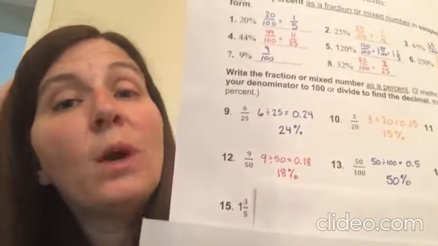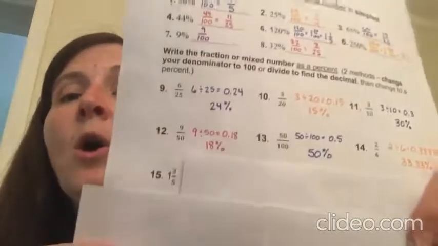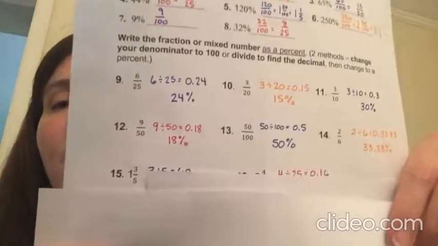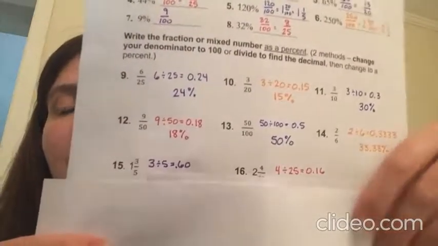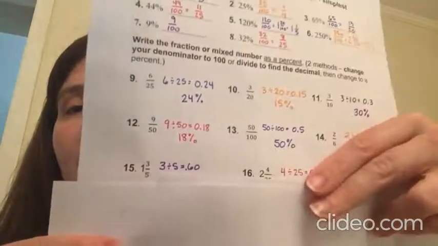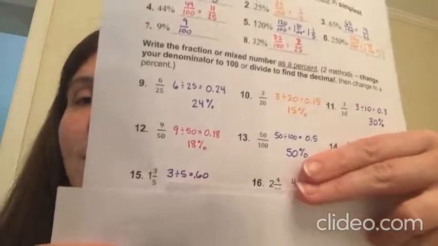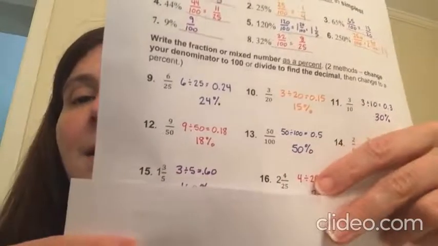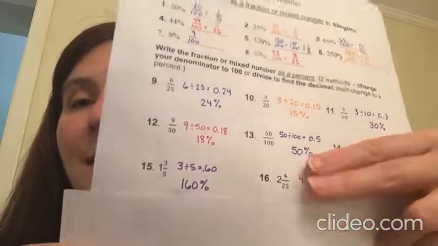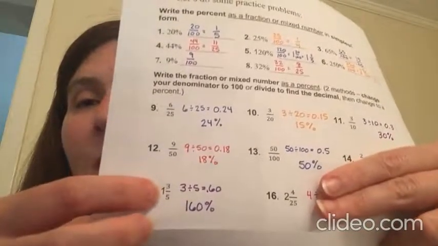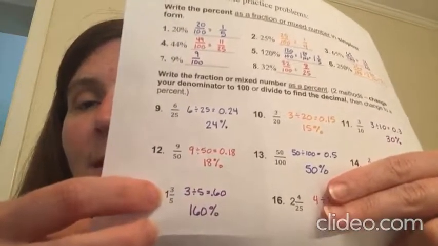Times 100 is 160%. Or if you just pay attention to the fraction portion, so 3 divided by 5 equals 0.6 or 0.60. Times 100 is 60, but I still have that 1 out front. So since it's a mixed number, it's going to be